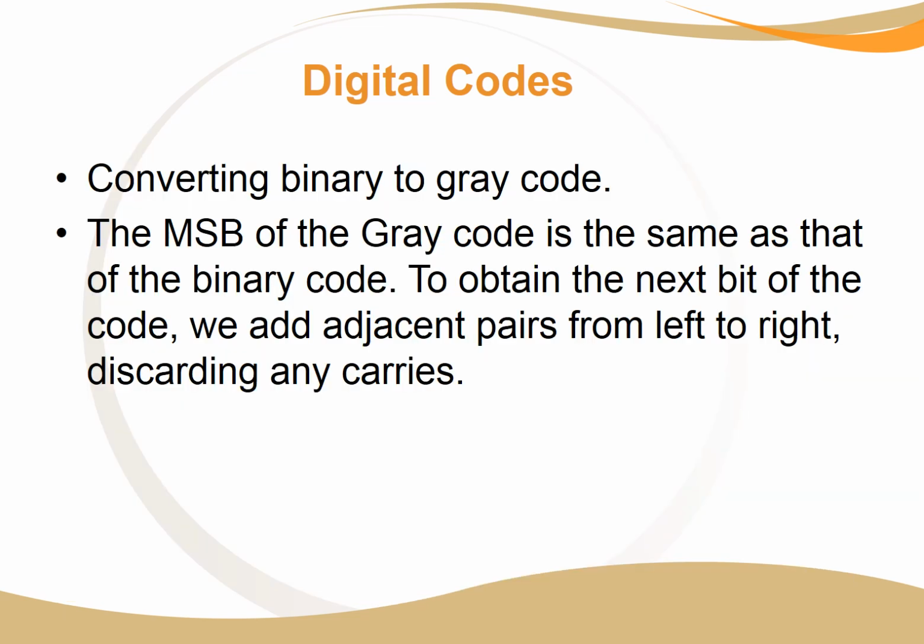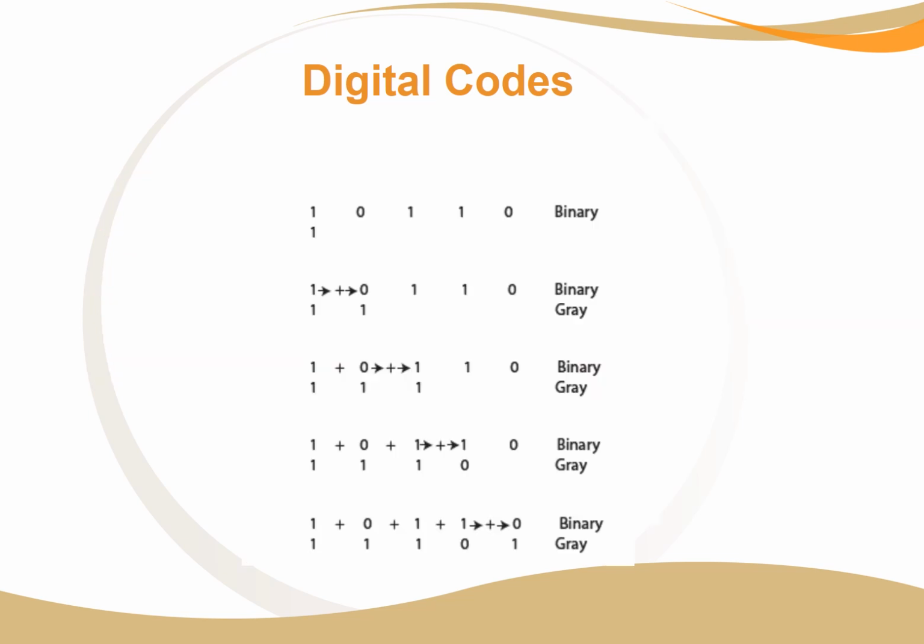So now we come to converting binary to gray code. Now the most significant bit of the gray code is the same as that of the binary code, and also vice versa. And to obtain the next bit of the code, we add the adjacent pairs from left to right, discarding any carries. So here we have the binary number